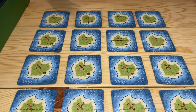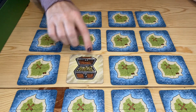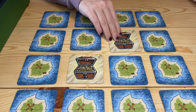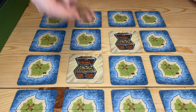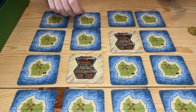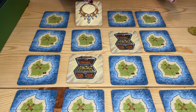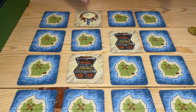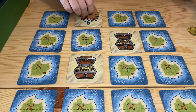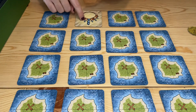In Argh, players are trying to find matching treasures. So first, they can flip over a card, and they are trying to now find another treasure chest. If they flip over another chest and make a match, they get to collect 1 gold coin. Then we flip again, looking for another treasure card. We get to keep going for as many treasure chests in a row that we can find. This one was not a treasure chest, so if that's what I would draw, then I would put the ship on this, flip these back over, and it would be the next player's turn,